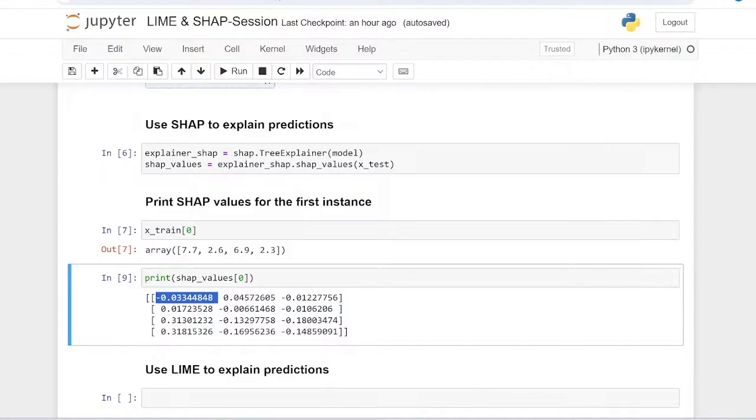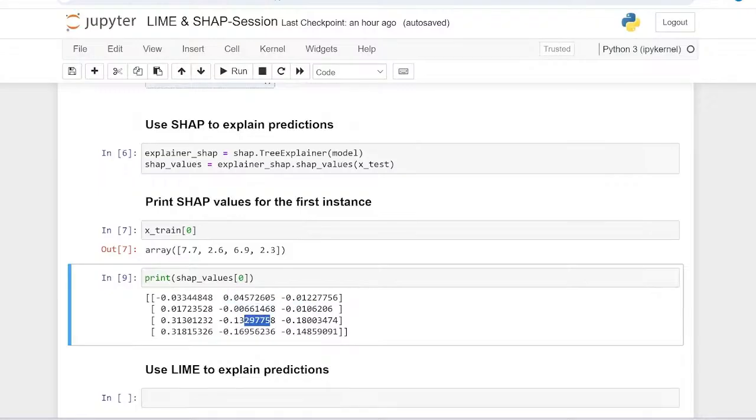Say, for example, the SHAP value is positive. It means that higher values of this specific feature tend to increase the model prediction towards a specific class. Conversely, if the SHAP value is negative,